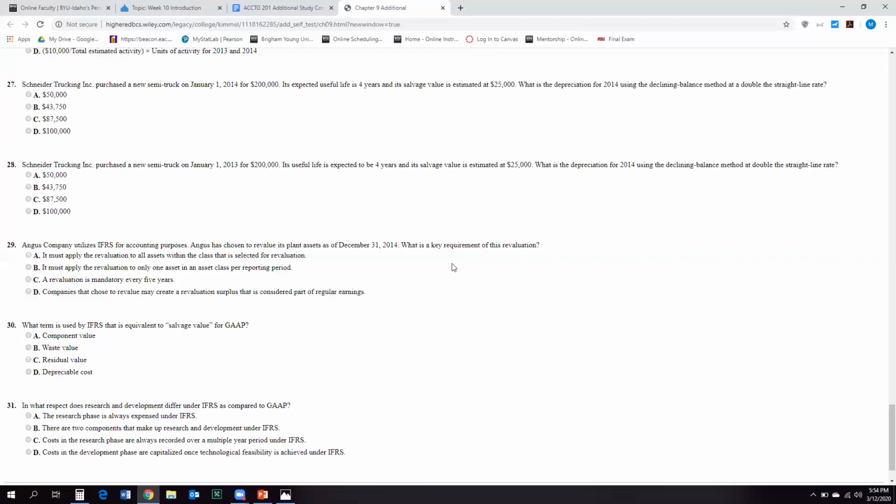The max I'm allowed to give is like 2% of the whole overall grade. So that means if somebody were to do every extra credit, it's enough to bump you up 2 percentage points, which is meaningful. It could be the difference between a B plus and an A minus, or a B minus and a B. What they don't want is for us to give so much extra credit that a student who doesn't understand the concepts can still get an A in the class. Anyway, so the final exam is,